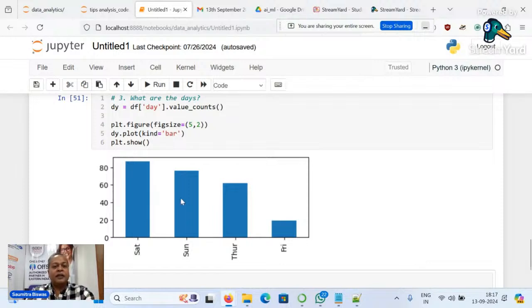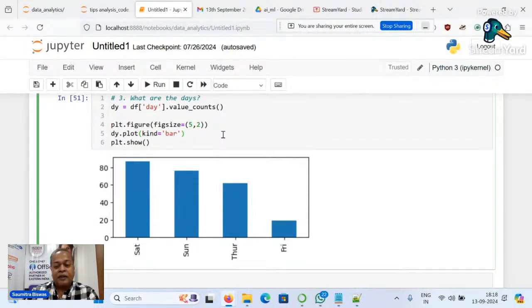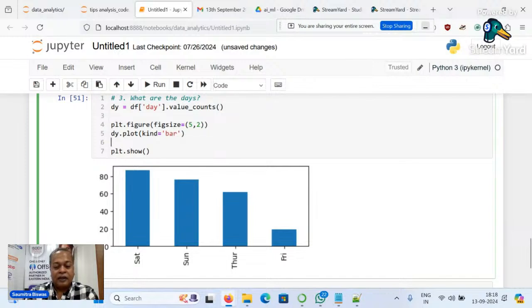Now, from here, we can see that Sunday and Saturday top the chart, and on weekends, this restaurant experiences more rush than on weekdays. So it may be that it is in a shopping mall or something like that. We don't know. We don't have that information. But what we can say to the customer, okay,